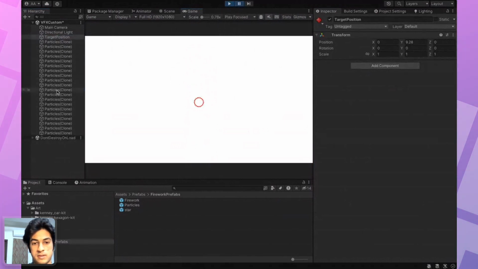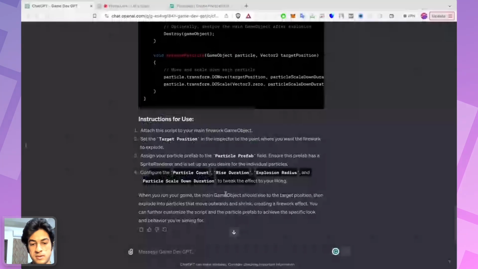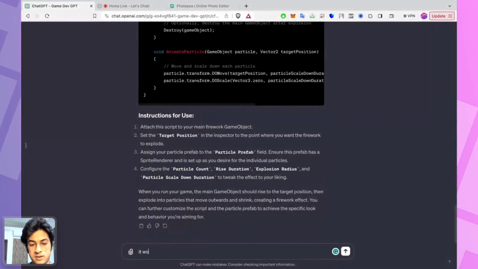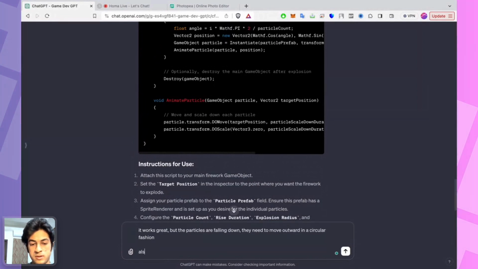Yeah, all of the particles are falling down. So let's define the problem. It works great, but the particles are falling down. They need to move outward in a circular fashion.